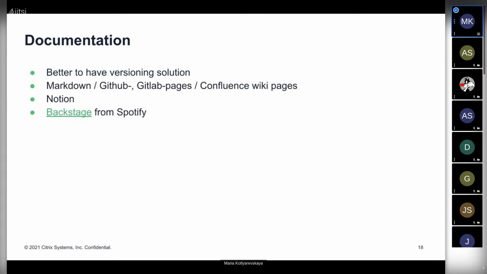If you are trying to find something more interesting and you want to build a company-wide solution for documentation, you can try to check Backstage, which was developed at Spotify.